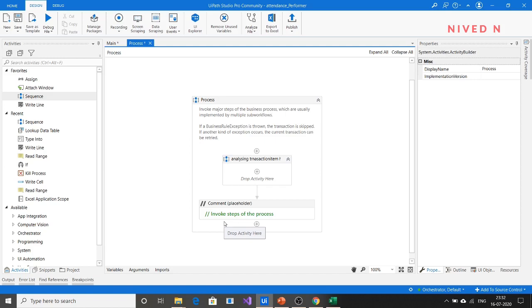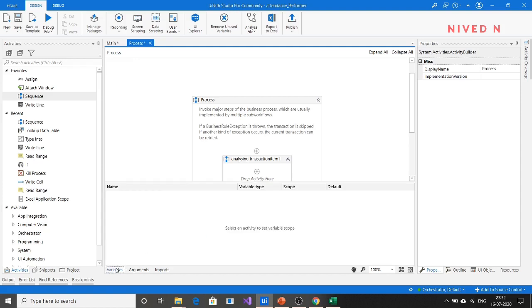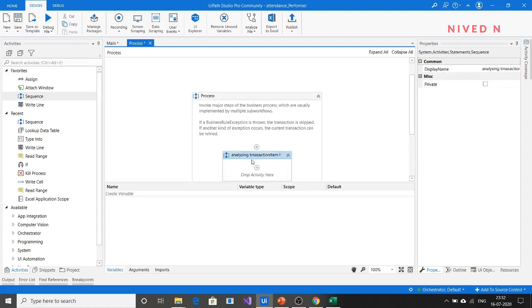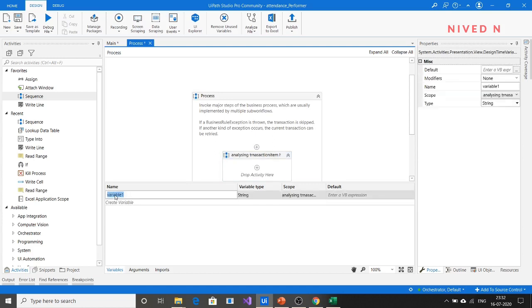For that you have to create four variables in total. So just click here and create a variable called count. Through this count we can calculate the total working days for each employee, or each transaction item.